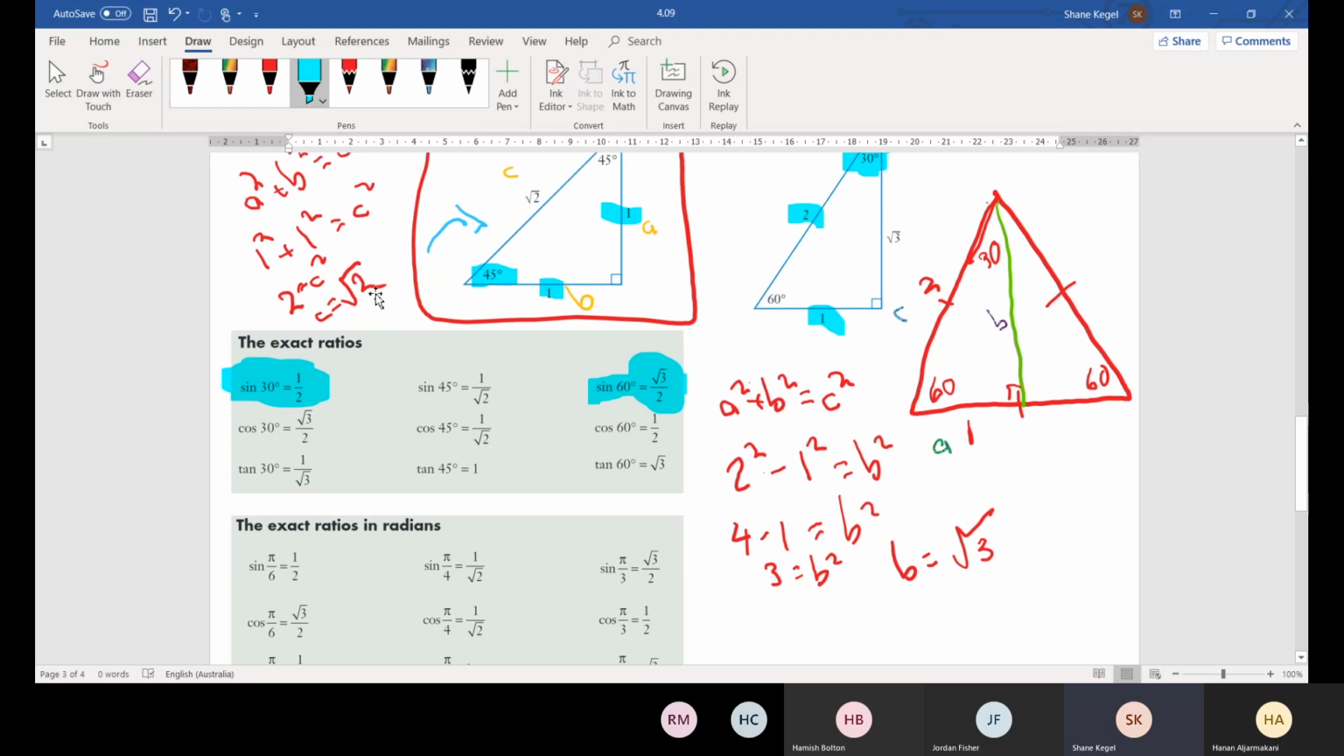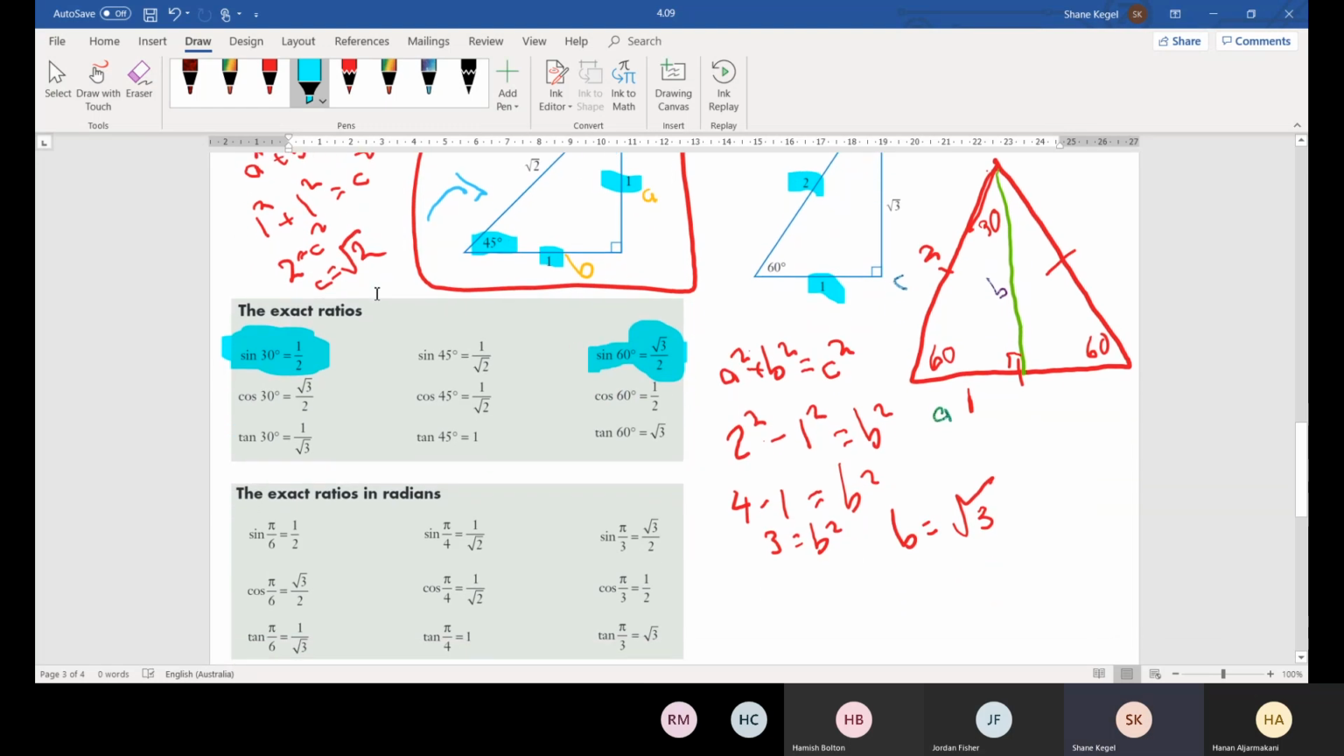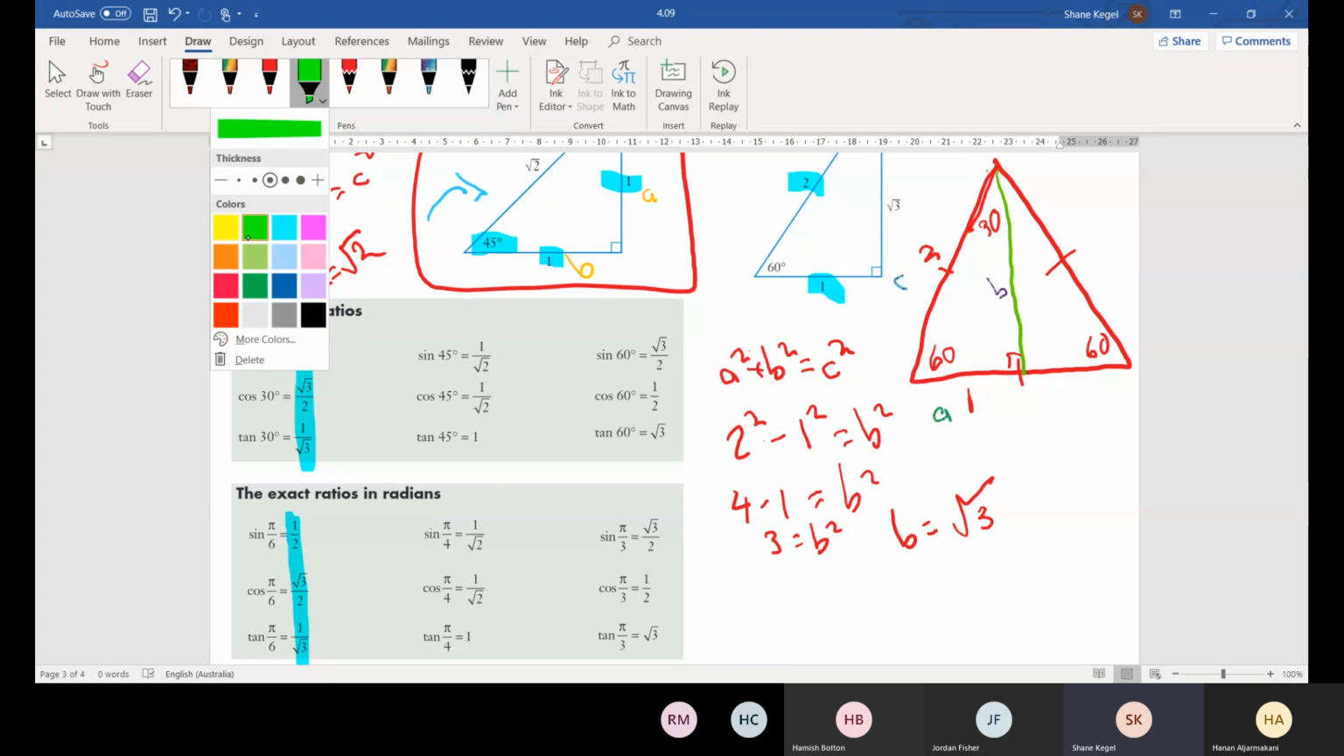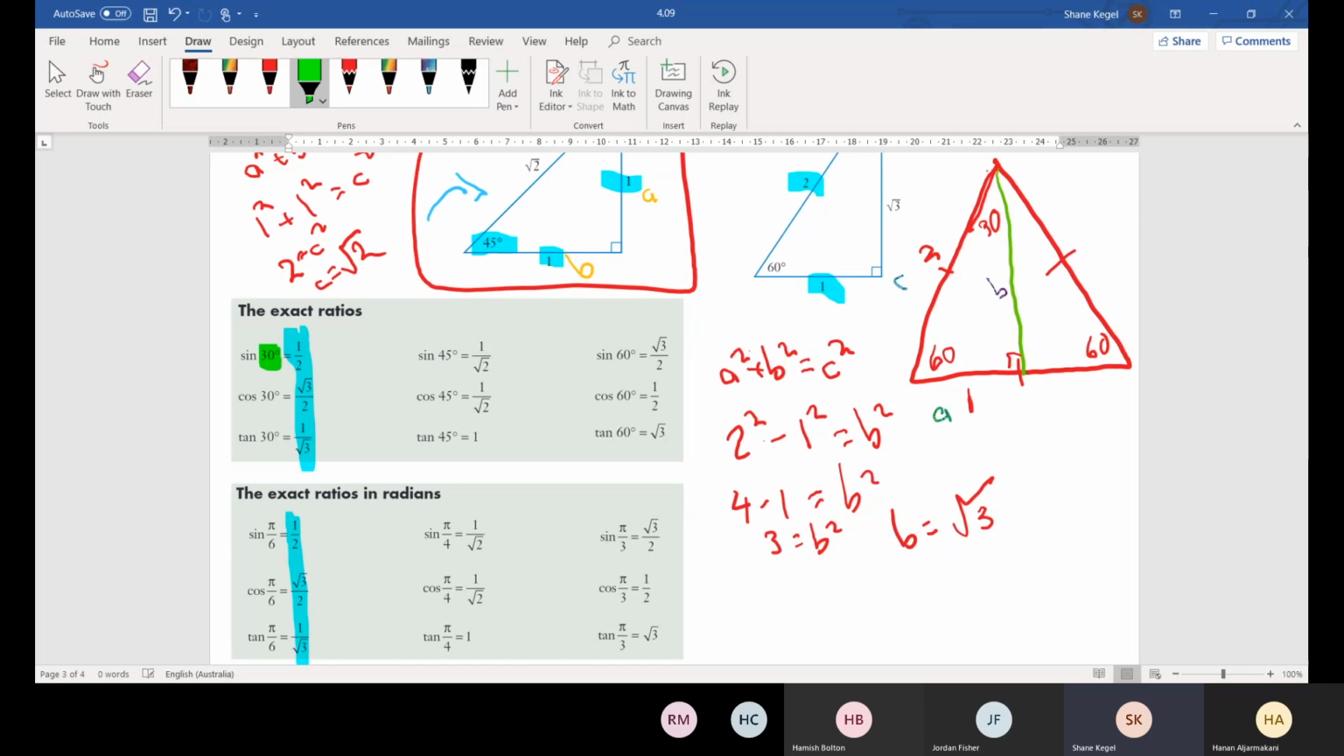Okay. Now, the exact ratios in radians are easy to remember because, as you can see, these three are exactly the same as these three. The only difference is that they have just converted the degrees amount to a radians amount. So as you remember, when we're converting from degrees to radians,